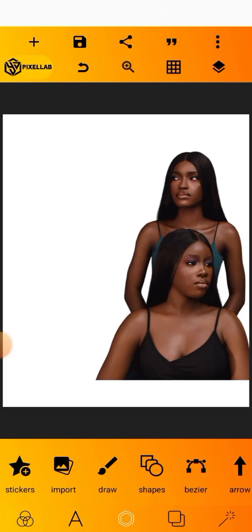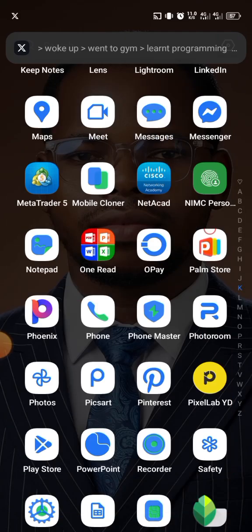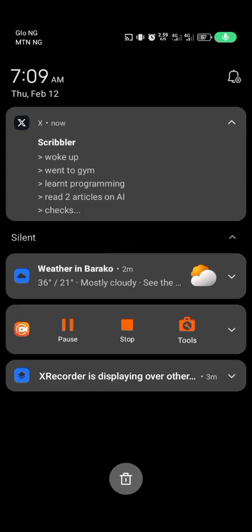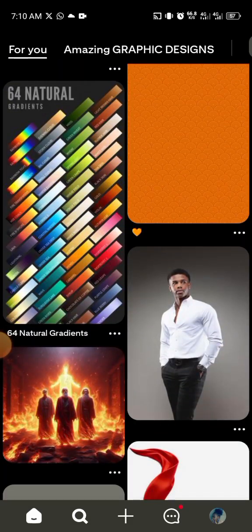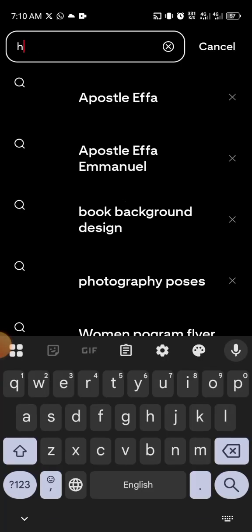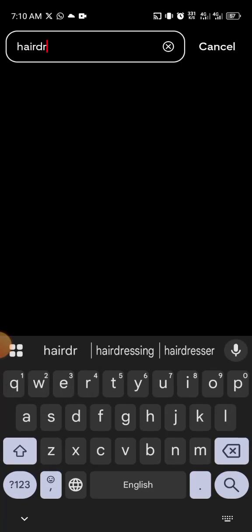If a client needs you to design for them and they do not have a brand color at all, especially some local businesses around, most of them don't have a brand color. So what you're supposed to do is you go to Pinterest, and search for hairdressing